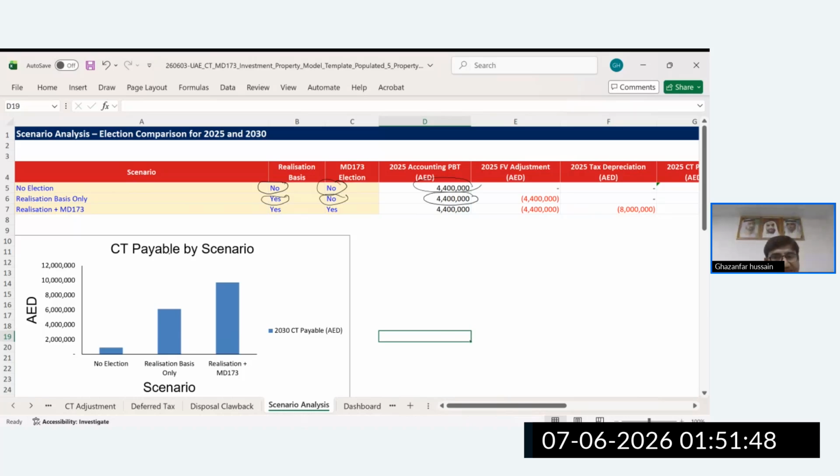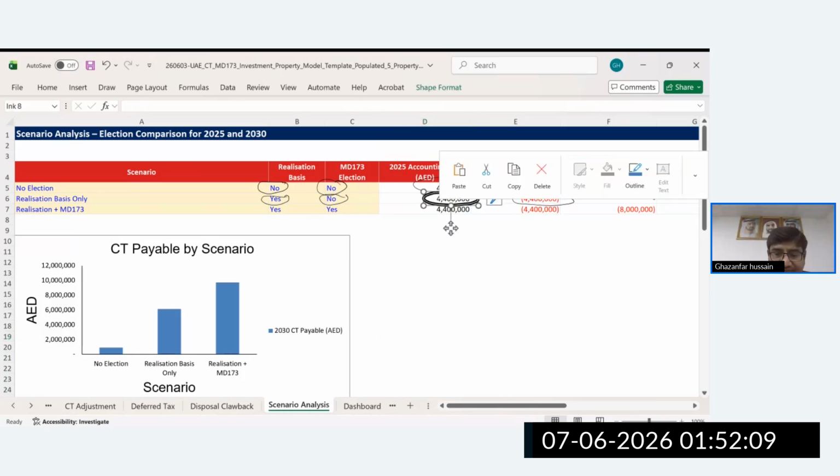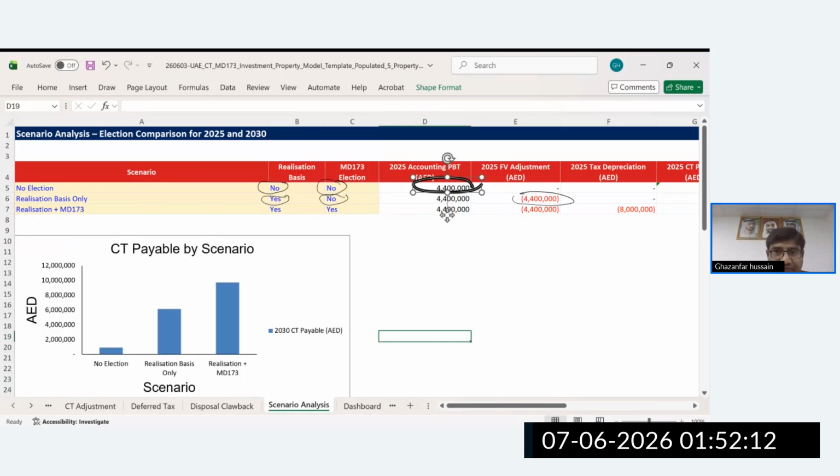Accounting profit will remain the same. Yeah, realization basis. We minus the accounting gain. Let me rephrase this, because this is the whole concept, the whole idea that we have to focus on and learn. The same property, everything is the same. Other scenario, assuming that everything is matched. But what is our decision? What we choose